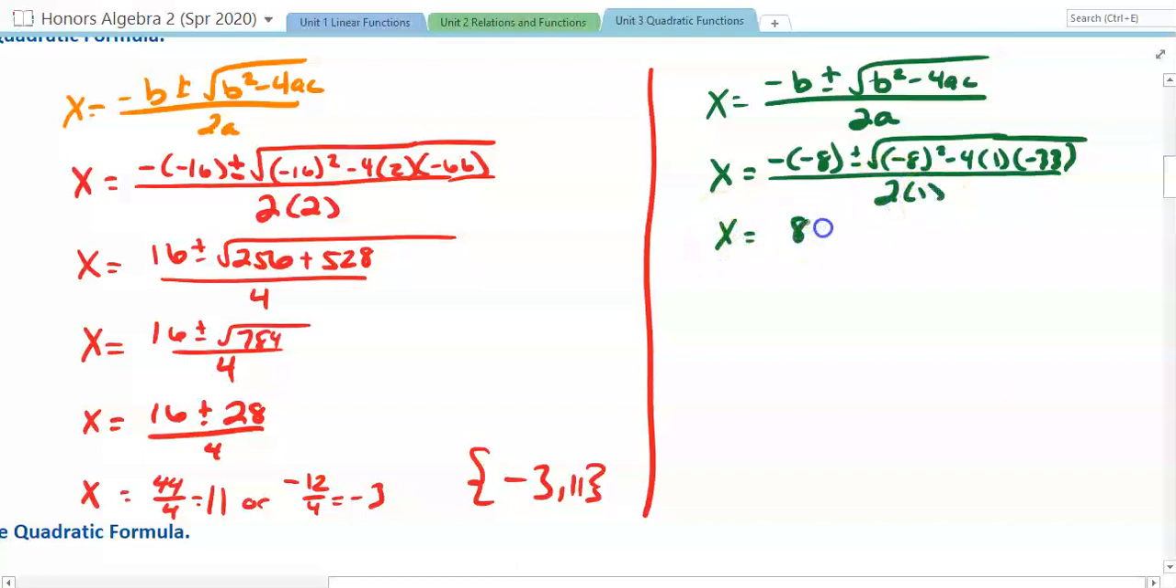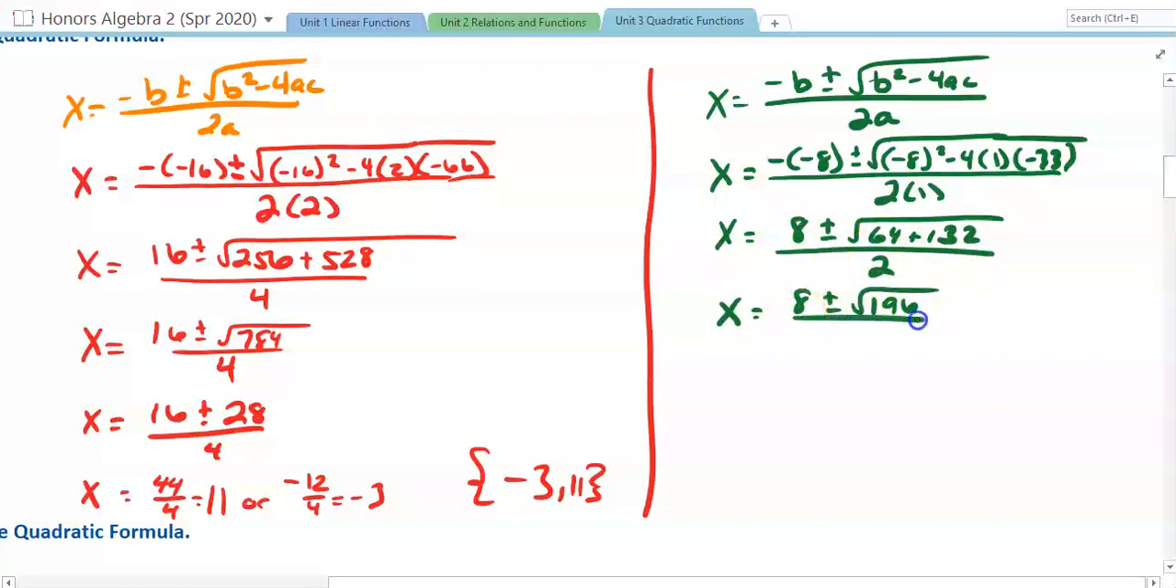So x is equal to 8 plus or minus the square root of 64. 4 times 33 is 132. And so we're going to get plus 132 all over 2. And so x is equal to 8 plus or minus the square root of 196 all divided by 2. Now this square root's a little bit easier, right? Because the square root of 196 is 14. Maybe you know that one a little bit better than